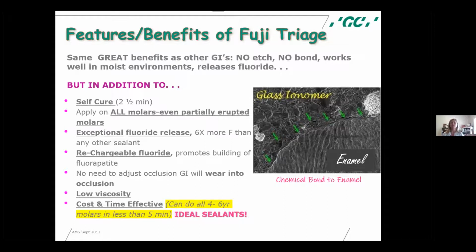We know it could take a year to a year and a half before that tooth fully erupts. Well, in the meantime, that flap of tissue is trapping bacteria, is trapping food, and then oftentimes when they come in, they have signs of incipient lesions. Well, when it gets to that point, then it's too late. We also know that with partially erupted molars, it's hard to do a sealant because you can't get the area isolated. So that's what's great about Fuji Triage, is you can go ahead and place a sealant